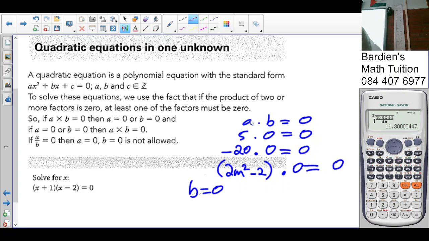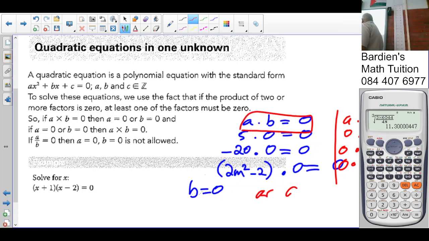On the other end, what must a be if b was 5 to give an answer of 0? 0. If b was minus 50, what must a be to give you 0? 0. If b was 2y squared, what must a be to give an answer of 0? 0. Can you see that? So, for this statement to be true, either b has to be equal to 0 or a is equal to 0. One of the two must be 0 for that